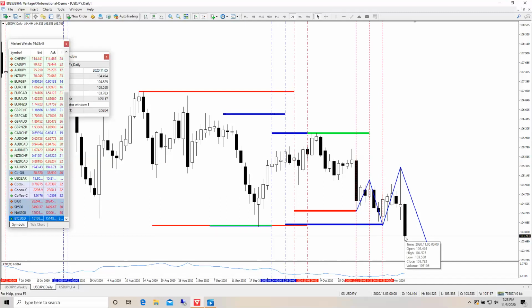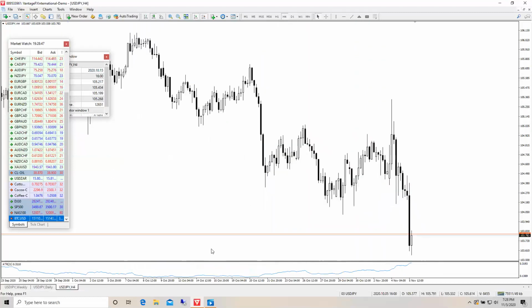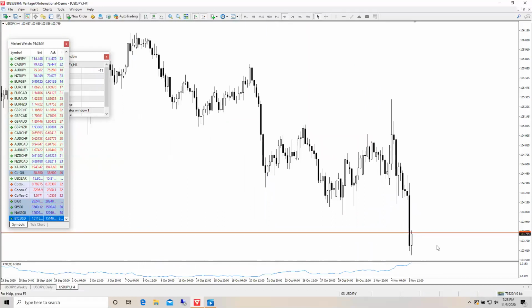What you then do, of course, is drop down to the H4 time frame. That would be from the start of the next trading day, which of course would be from midnight. And as you know, the H4 impulse takes advantage of that daily cycle of activity in the markets, where we will often see, through to around lunchtime New York time in the New York trading session, a lot of activity.